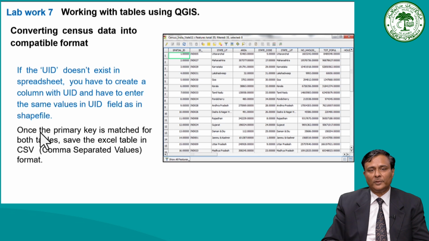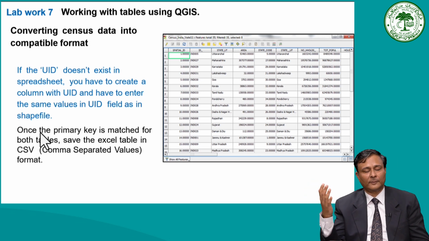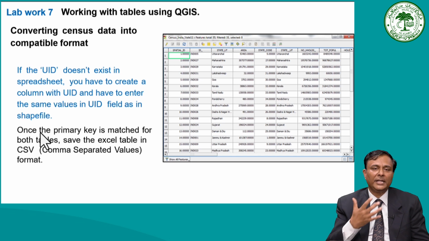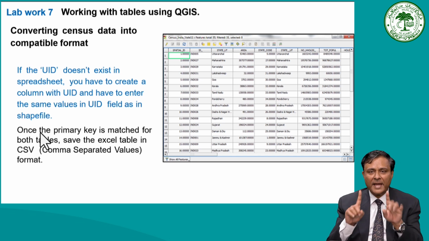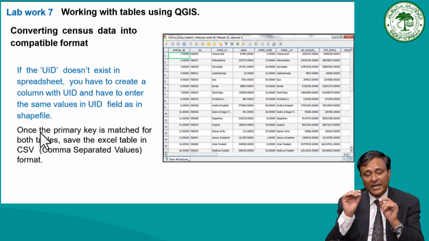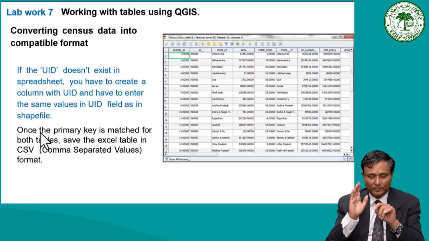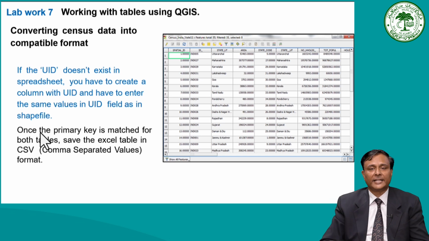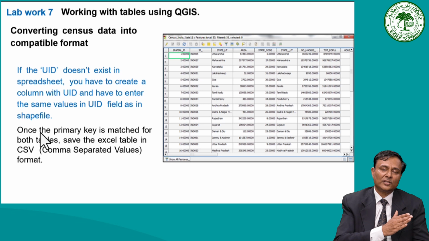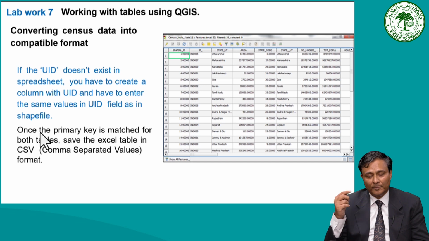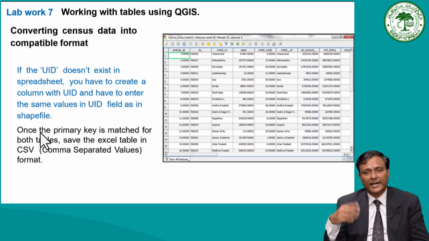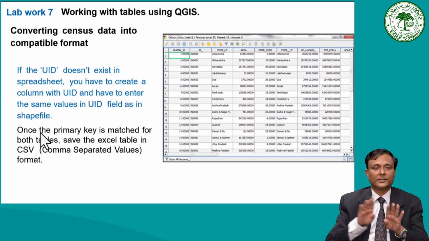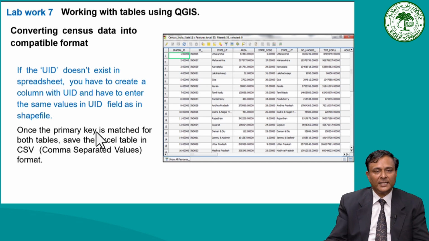Now there might be some possibility that any kind of tabular data which you are bringing into your system may not match exactly. Then you should add one column into your tabular data, the same column which exists in your shapefile attribute information, and make the same column there, and then you would be able to join the tables. So primary key is important. Once the primary key is matched for both tables,